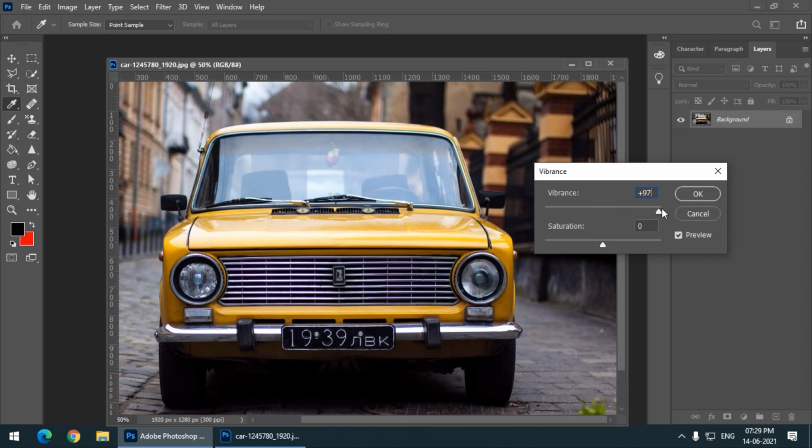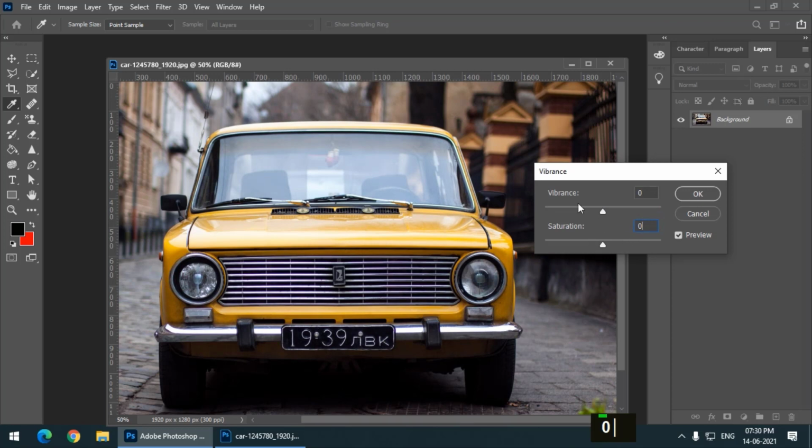If I take it to the right, as we can see, if I turn this off, this is the original image, and you can see a slight change. The colors are looking clearer or vibrant, you can say. So this will increase the vibrance in color. Clarity, basically the clarity of the colors, it will increase. And if you take it to the left, then it will decrease the clarity, so the colors will look dull. I will keep it at 0.